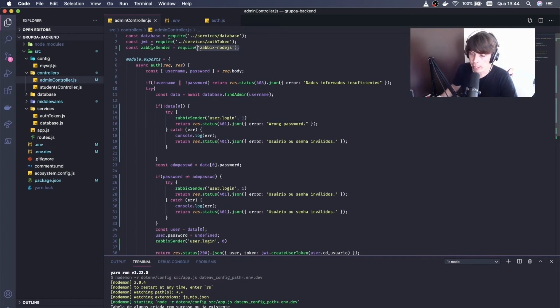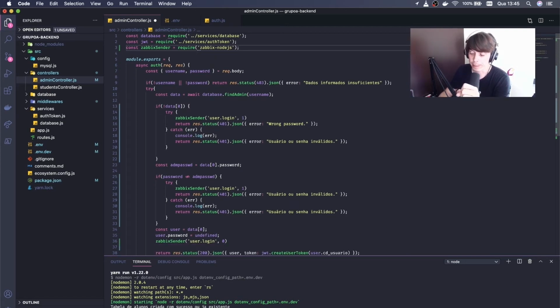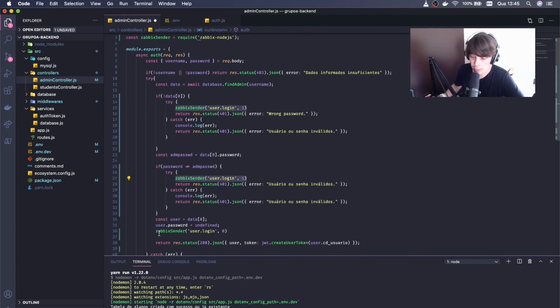Here I imported my Zabbix Sender. Once it is imported, I can use Zabbix Sender, and it needs two parameters. The first one is the key of my trap item, and the second is the value. As you can see in my code, I use this in this section, and this section, and this section. I will explain quickly